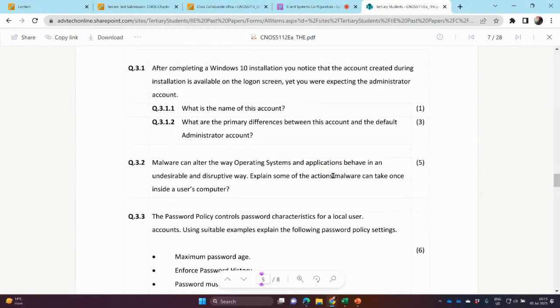What are some of the actions that malware can take once inside of a user's computer? Malware can replicate itself. It can shut down your programs or your operating system. It can make it not bootable. It can delete important files that you might have. So this is the kind of information that they're looking for here, and you look for this where it is covered